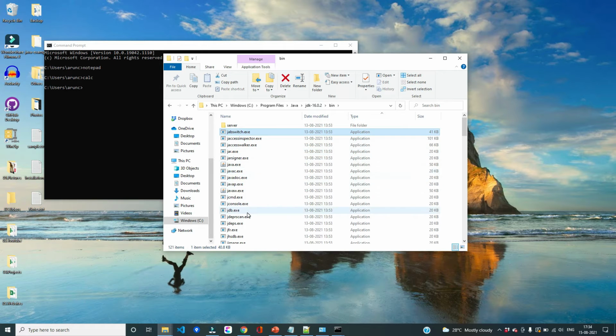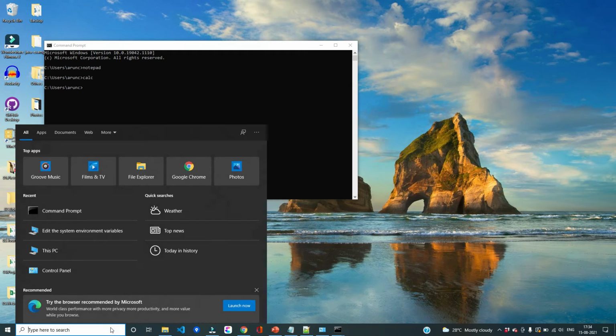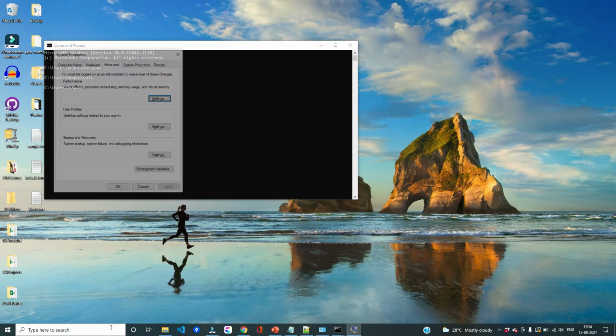So if you look at the list, we have this javac.exe, which is a compiler. Java.exe is a JVM, which is used to run our Java programs. So this location, the Java bin location, is not there on our environment path variable.